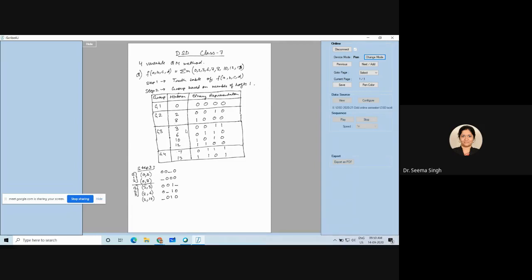So now you need to see and tell me which pairing is possible between 8 and 3, 6, 10, 12. Ma'am, 8 and 10, and 8 and 12. Why is 8 and 3 not possible? More than one change, 2 changes are there. Okay, so 8 and 3, you can see 1 is changing to 0 here and 0, 1, 0, 1. So that means 3 bit change is there. So 8 and 3 is not possible.